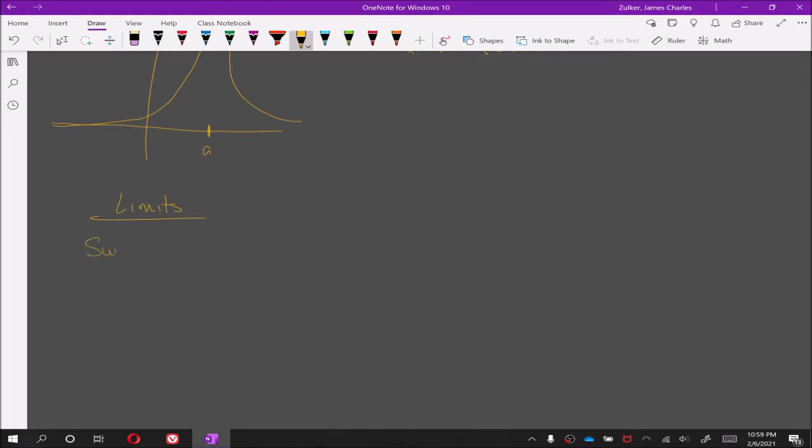So let's suppose f of x is defined when x is near the number A. We will write this, and that is read, the limit of f of x as x approaches A